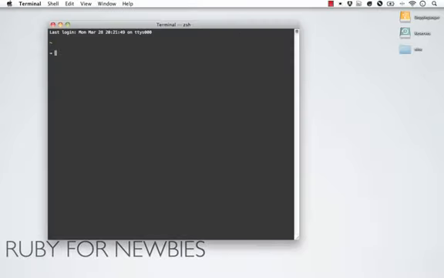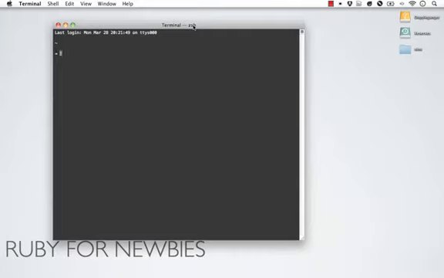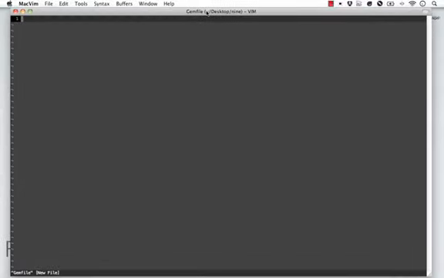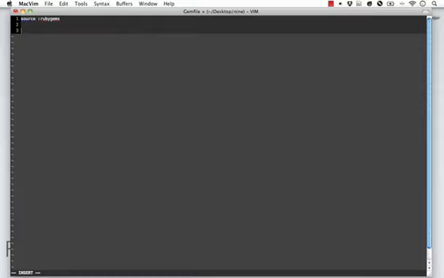Okay, so I'm going to pop open the terminal here, and I have this folder on my desktop called 9, so we're going to hop into there, and the first thing we have to do is install a bunch of gems. Since I'm using Bundler, I'm going to use Vim to open a new Gemfile. So now we have our Gemfile here, and you may recall from our previous tutorial how a Gemfile works. We're going to start by saying that we want to use the RubyGems website as our source,